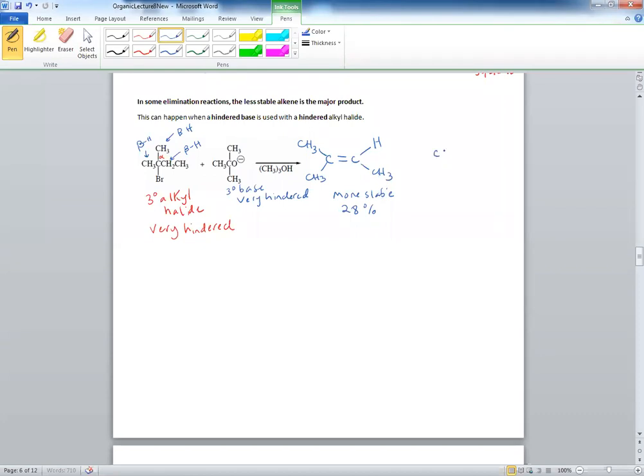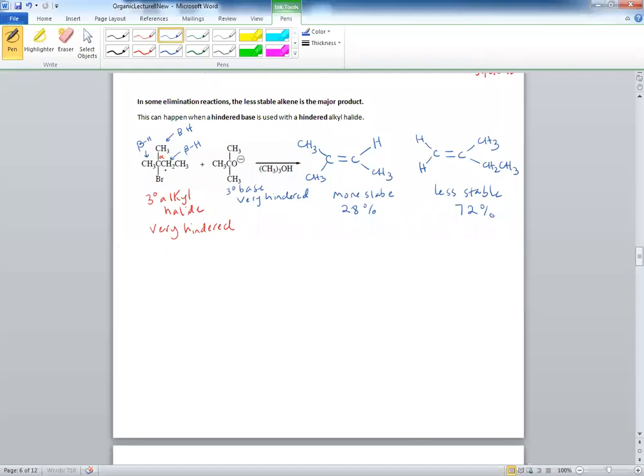But this one right here would be the less stable because it's only di-substituted. You would get 72%,